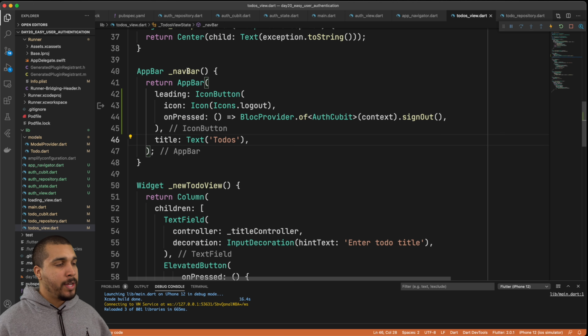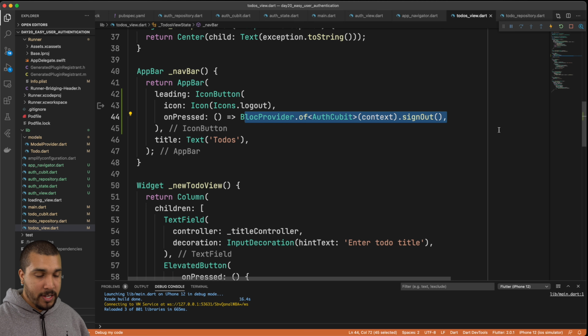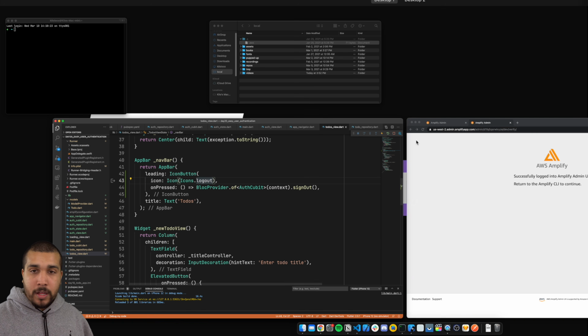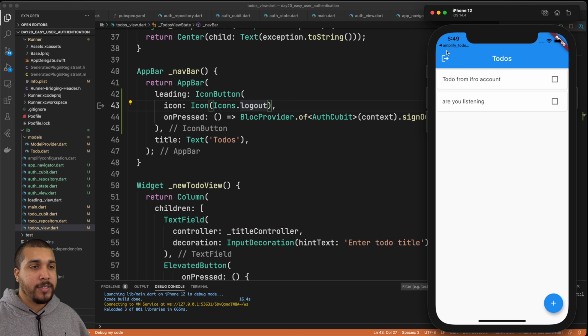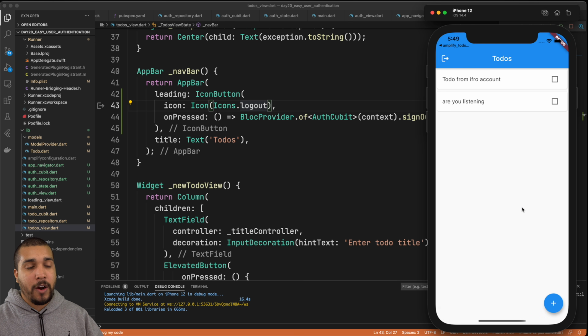All right, so as you can see, we updated our nav bar to now have a leading icon of icon button, which is just going to show this log out icon, and it's going to access our Auth Cubit and call sign out from our Auth Cubit. So let's go ahead and open up our app again, and as you can see, we have the sign out button right here, and when I hit it, we should be able to show the screen that is going to tell our app to sign out,